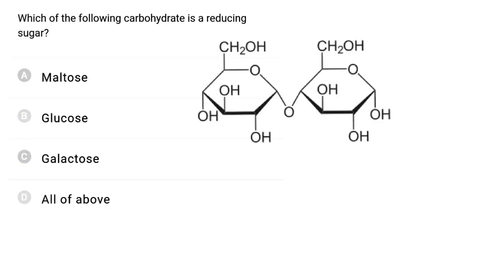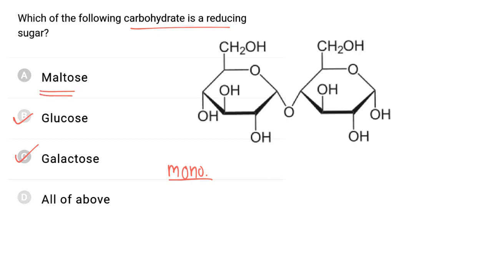In this question we have to find which of the following carbohydrate is a reducing sugar. Now first of all the monosaccharides are reducing sugars. Glucose and galactose both are monosaccharides, and hence they are reducing. So if monosaccharides are present, no matter whether they have aldehyde group or ketonic group, whether they are aldose or ketose, all monosaccharides will give Tollens or Fehling test, and they all are reducing sugars.